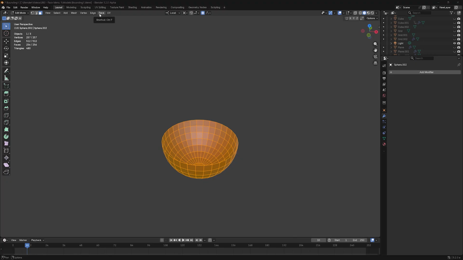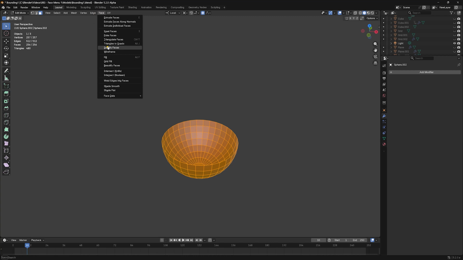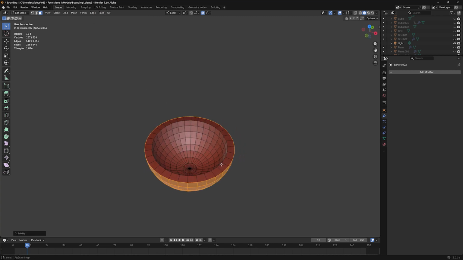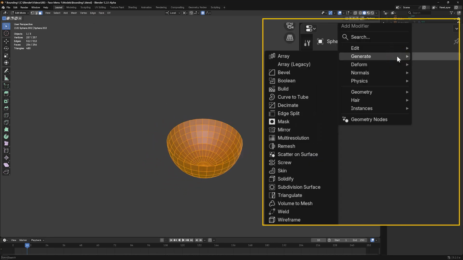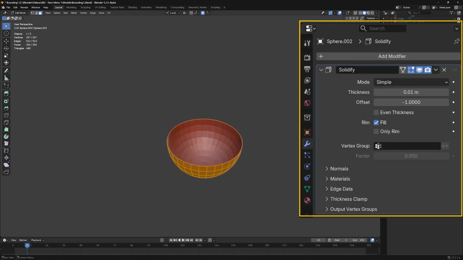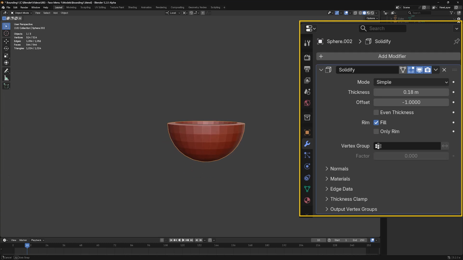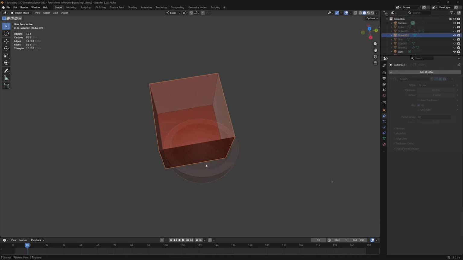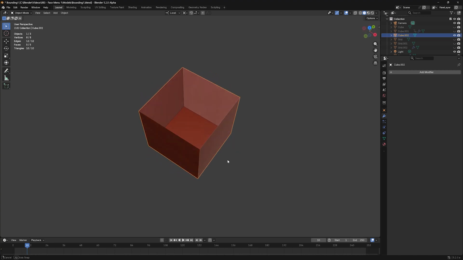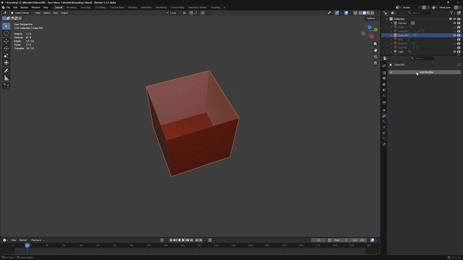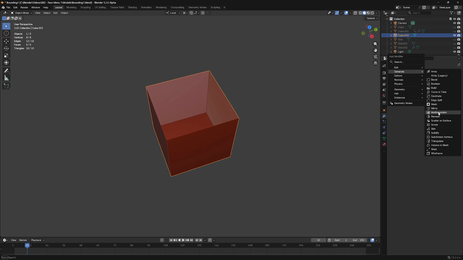In the last video, we covered the Solidify option in Edit Mode's Face menu. And the Solidify modifier does essentially the same job, but with several more parameters that give us greater control over the final result. And of course, like all modifiers, the effect it creates can easily be reversed by deleting the modifier. To keep things simple, we'll start with a cube with its top face removed and then add a Solidify